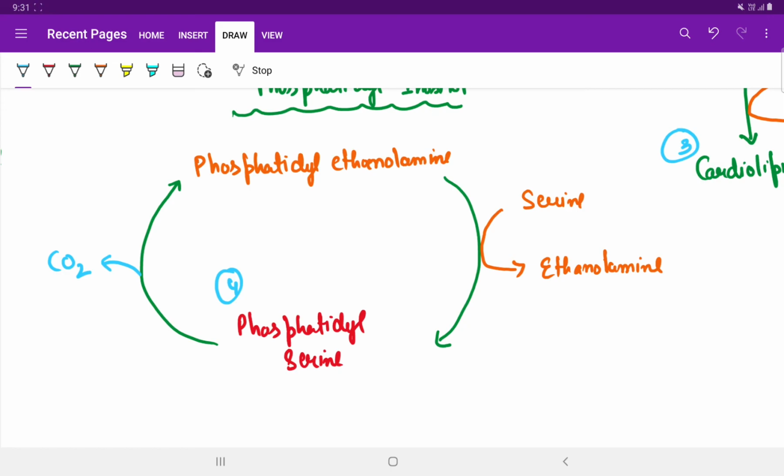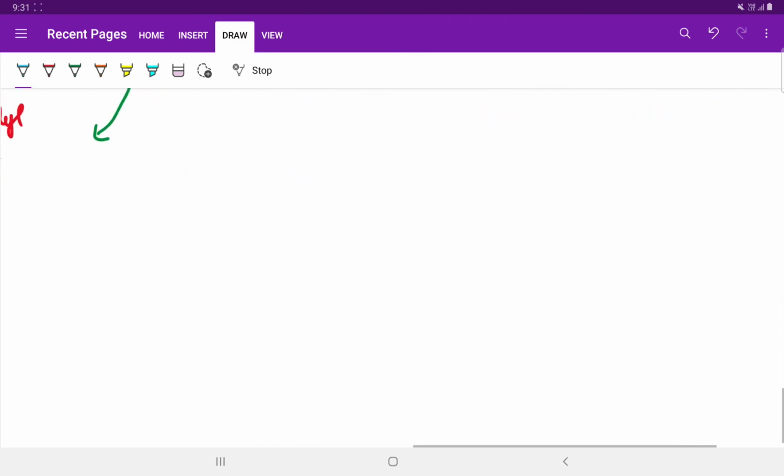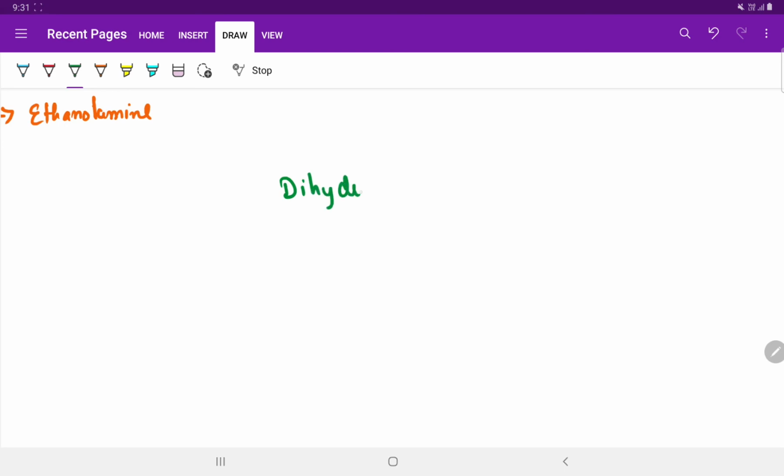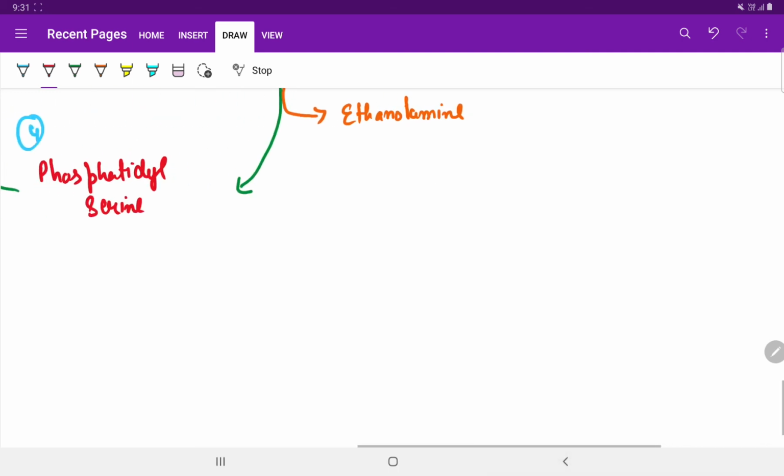So this is also formed from dihydroxyacetone phosphate and leads to formation of 1,2-alkyl acyl glycerol. So this is a separate reaction that is occurring. We shall be covering it only by the names, not by the structures. So let us first of all give it a heading. The heading is synthesis of plasmalogens.